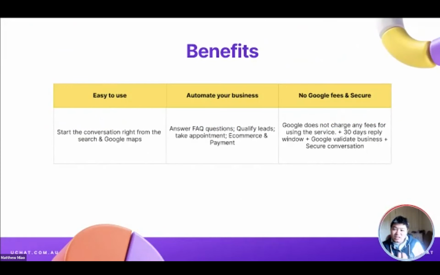You can set up your e-commerce, or you can take the payment in the chatbot. Everything you can do with our platform. I will show you later. And the last is Google is new into the market, so they do not charge any fees for using